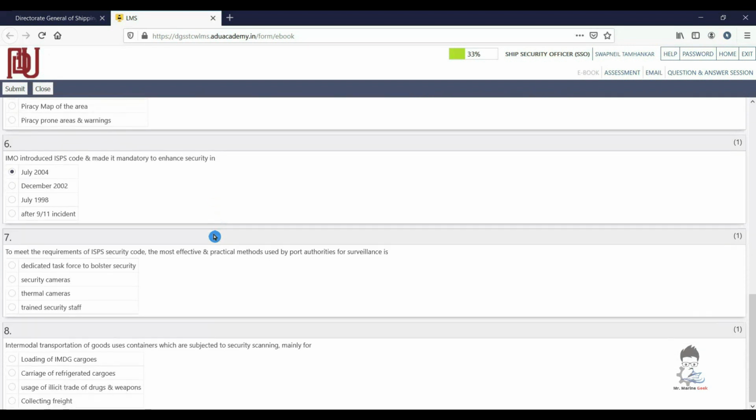There is a submit button on the top, and once you click submit, it will assess your answers and give the answers over there only, immediately, with the marks obtained for this particular quiz.